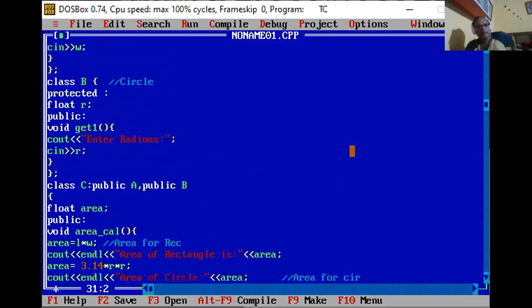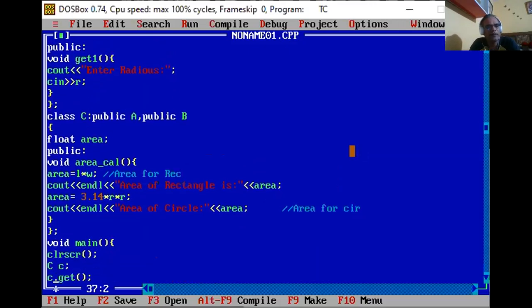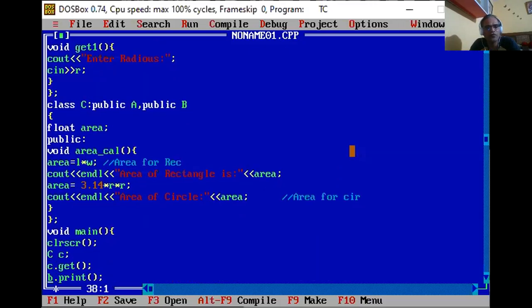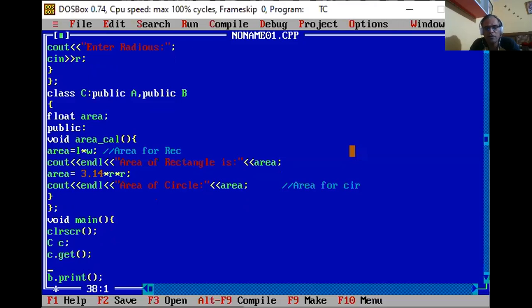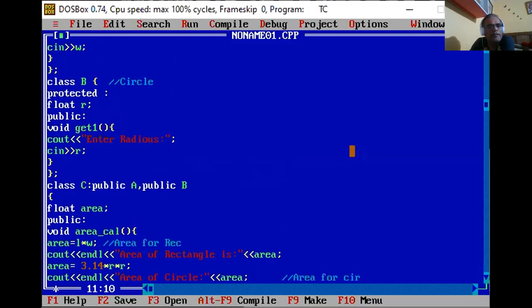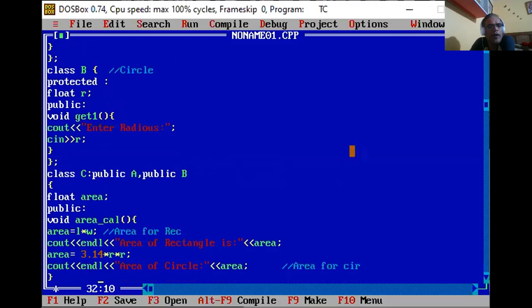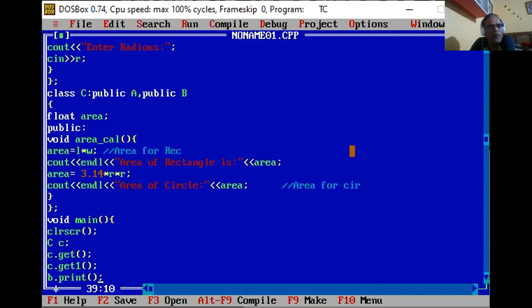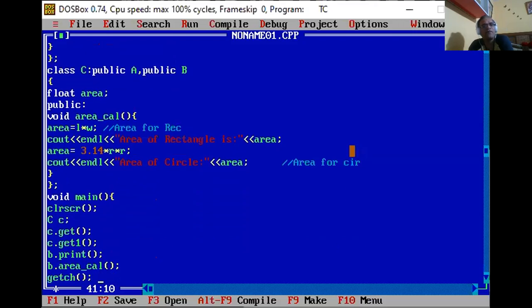In the same case, C dot get one. That method accesses the value of R, meaning radius.